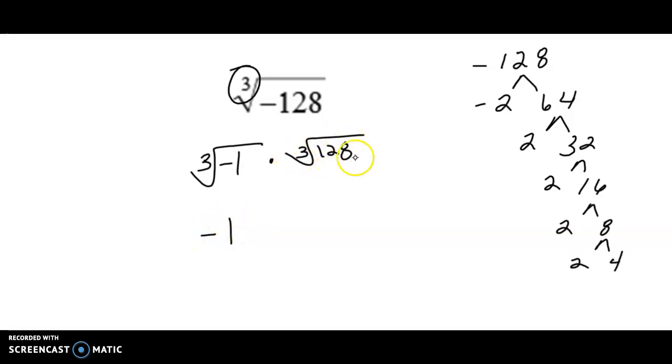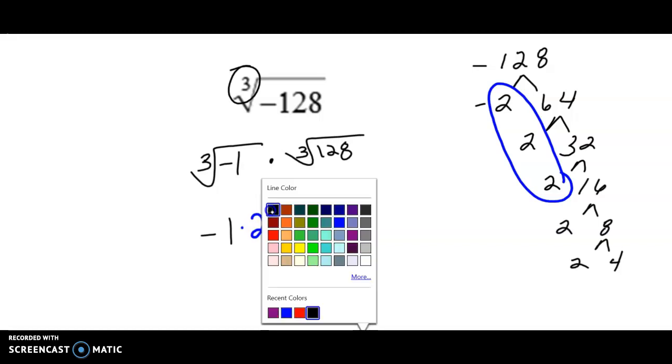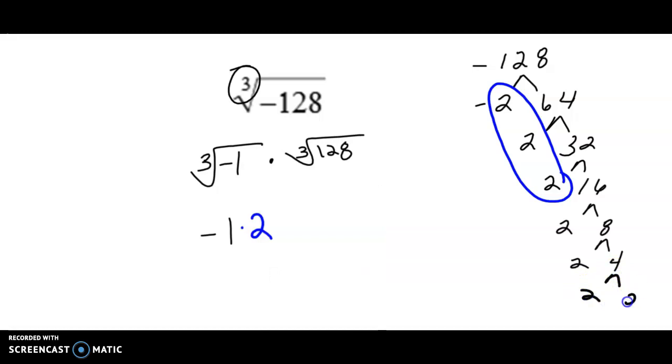And then the cube root of 128, well, you can just grab 3 of these 2's and bring one of them out front. And then, whoops, I forgot to divide this one more time down here. Sorry about that. This 4 goes 2 and 2. Okay, and then we have another trio of 2's. So another 2 can come out front here. And then we have this 2 here that doesn't have a partner. So it has to stay underneath our cube root